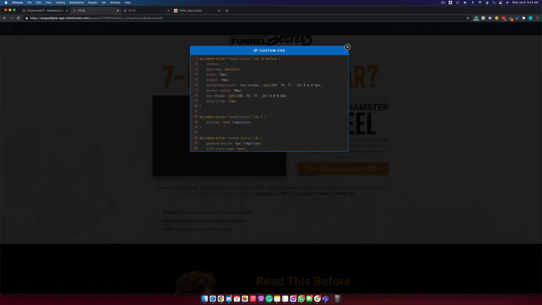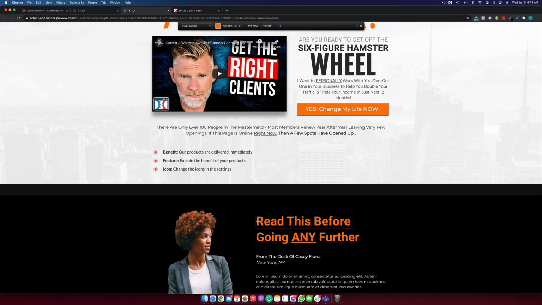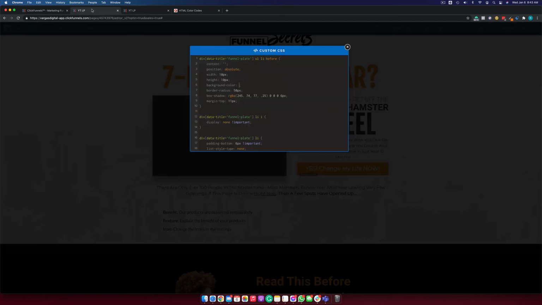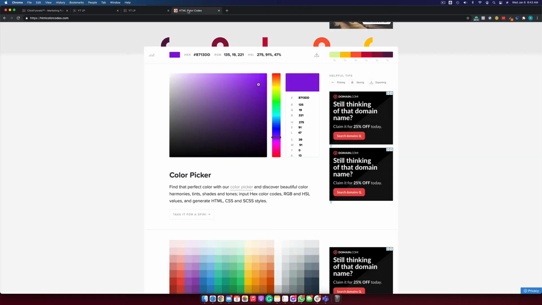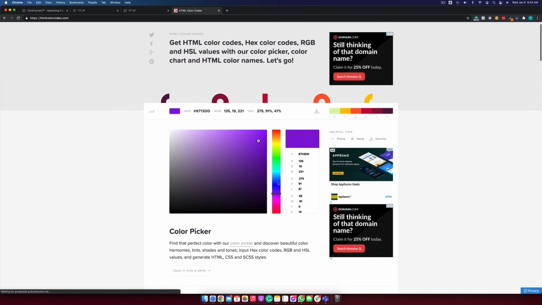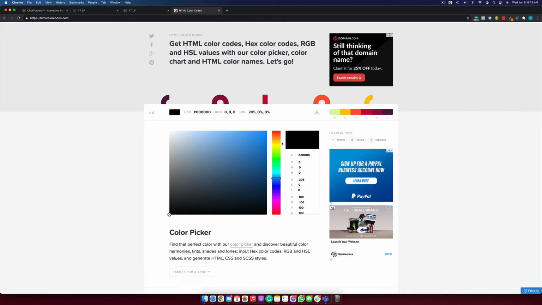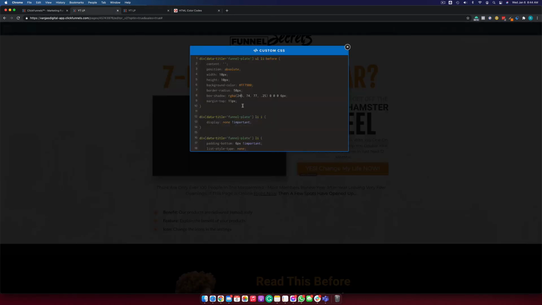Okay, but now let me change. I have this, or was it? Come on, I'll pick it again. So I want this orange to be the inside, like the inner side of my circle, and I want a box shadow. So take it for a spin. Cool. Let me see. Do I want black? Probably. Yeah, I want this like gray. No, actually, let's put black, so it's 000 RGB. You want RGB. It's 000 for black. Okay, so I'll put it 0,